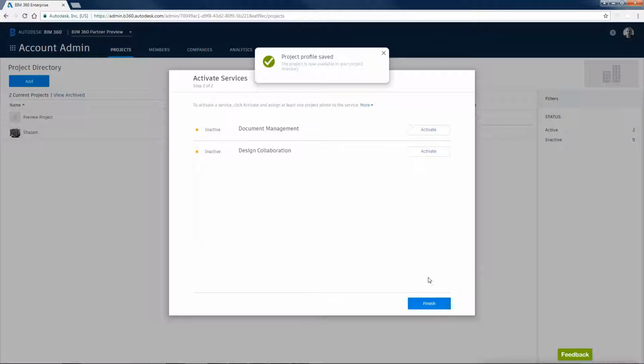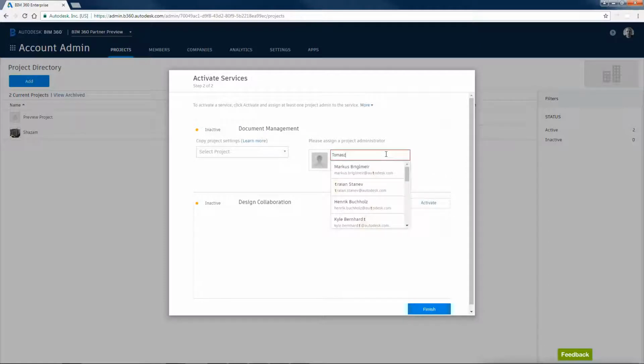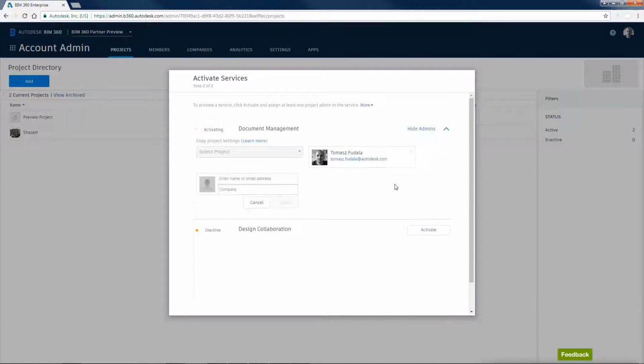Finally, you'll need to activate the modules that this project will support. In this example, this project will provide document management services, meaning that anyone with access to this project can review models and sheets, as well as design collaboration, meaning that designers can collaborate on Revit models in real time using the work sharing feature, as well as communicate updates to the projects so that other teams can see how these